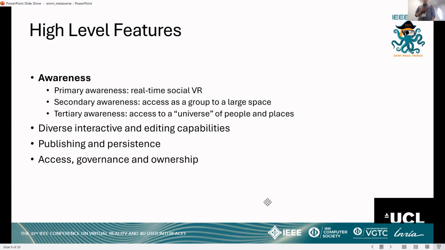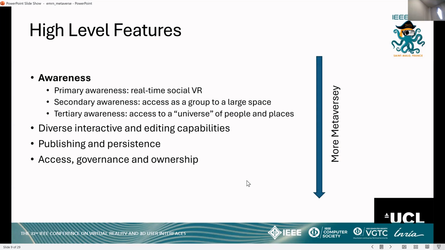So within the metaverse, then, we have these. What we have now are awareness systems, social VR systems, which are excellent, but they only deal well with